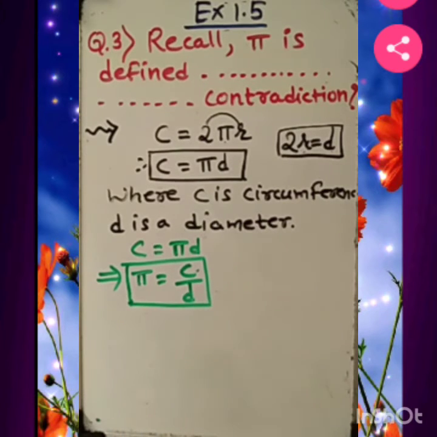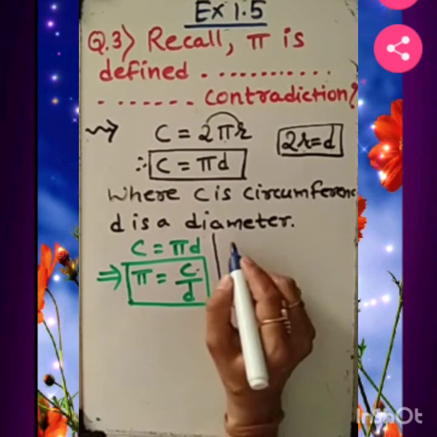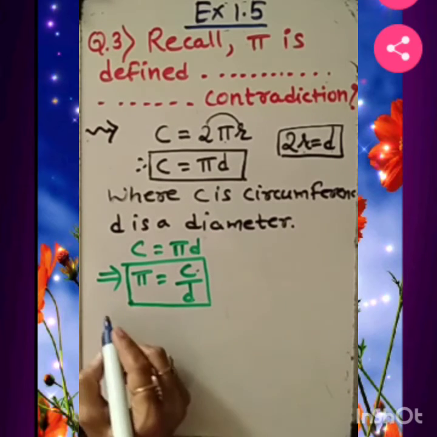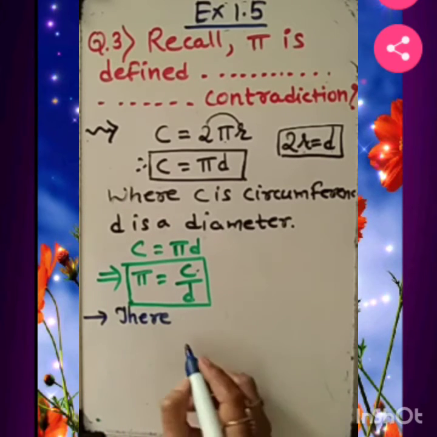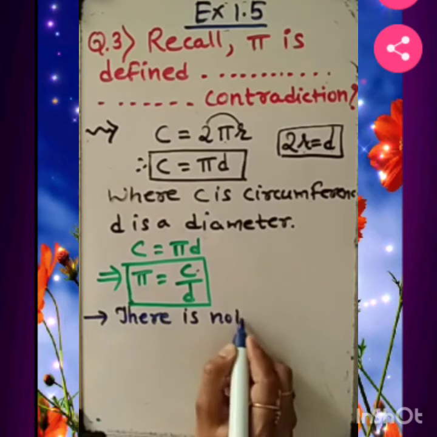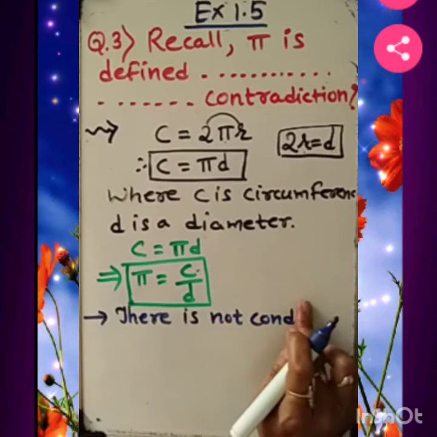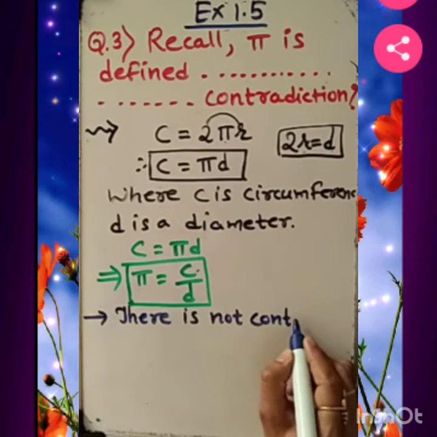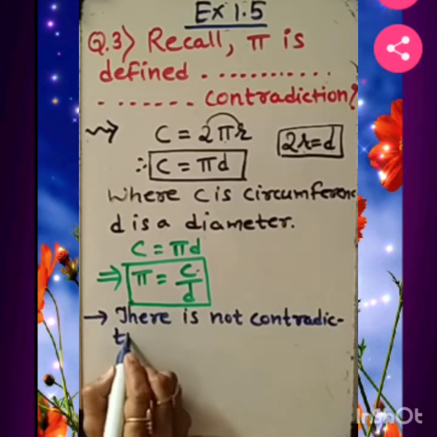Now let's write all these things in words. Okay, so please, here you need to mention everything. There is no contradiction. Everything in detail I am making you write. So please write down starting from here. There isn't any contradiction, or you can say there is no contradiction. Contradiction means opposition, means opposite to what we want to prove, and this result is coming out as something else. Contradiction, I am writing here.